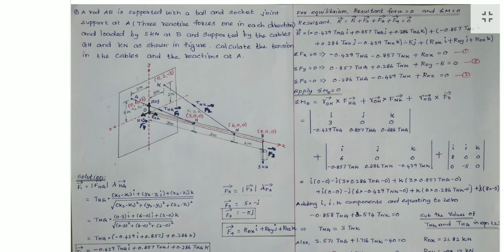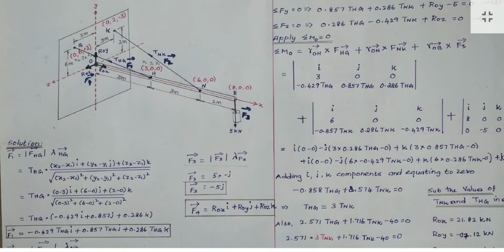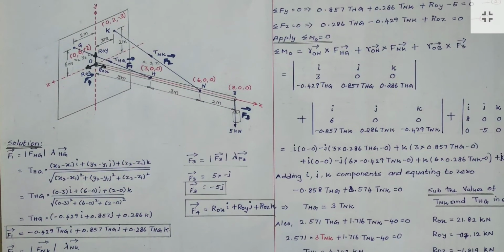After finding the coordinates, we will try to find the force vector, isn't it? Find the force vector. Here, how many forces are there? First, this cable, the force in the cable HG, and the force in the other cable NK, F2. Then this vertical load acting, this F3. Then F4 is this reaction force. The socket joint having a reaction, right? So it is F4. So here 4 force vectors are there.